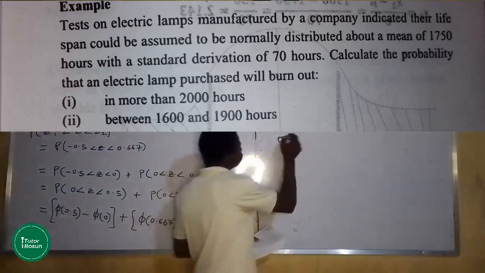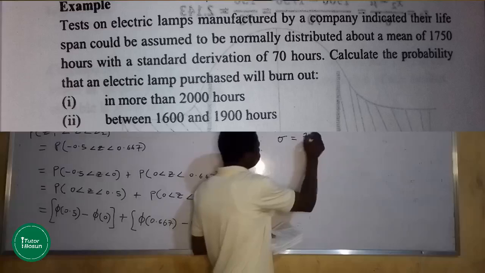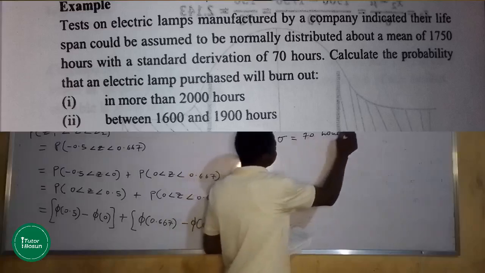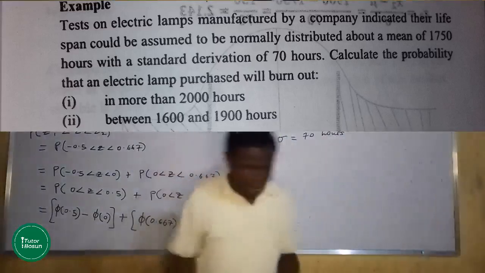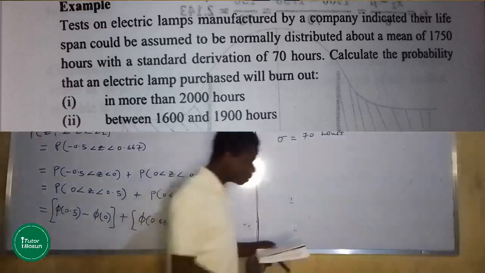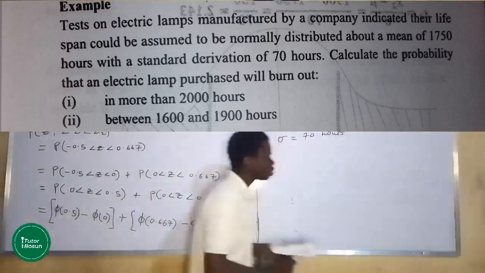The standard deviation of 70, that's sigma. Calculate the probability that an electric lamp will burn out in